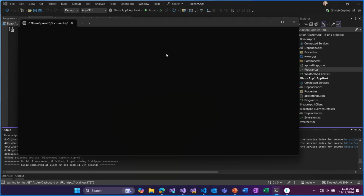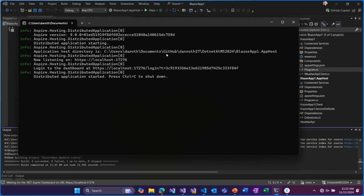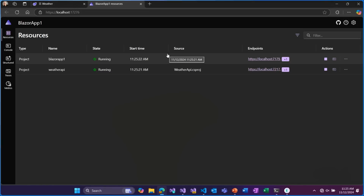There it goes. OK. So it knows about all the pieces of my app, so it can get each of the pieces running. It can start the Blazor app. It can start the backend API project. And what's really great is it also gives me this awesome developer dashboard where I can see all the pieces